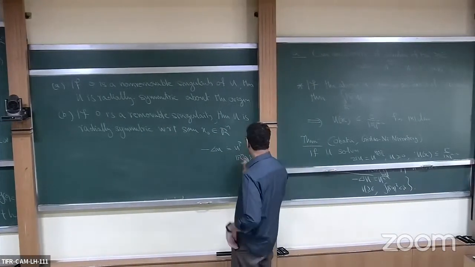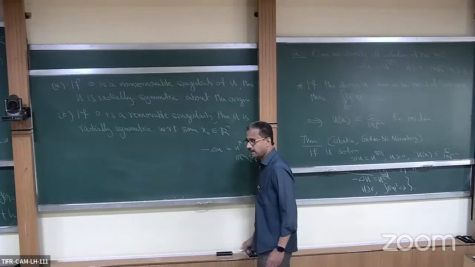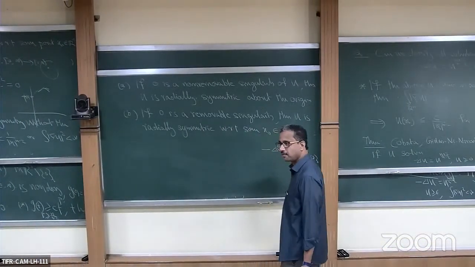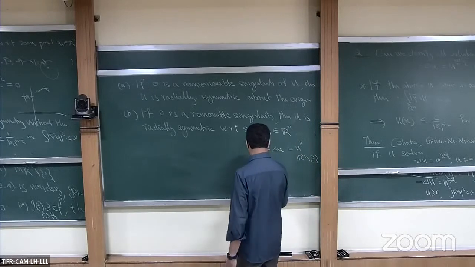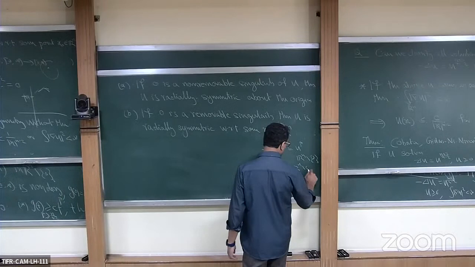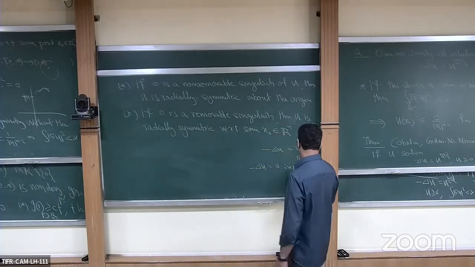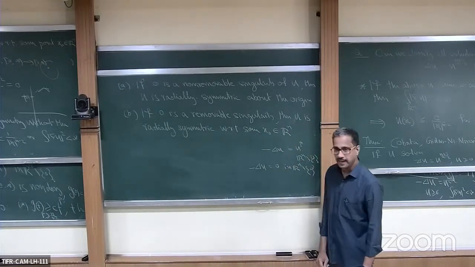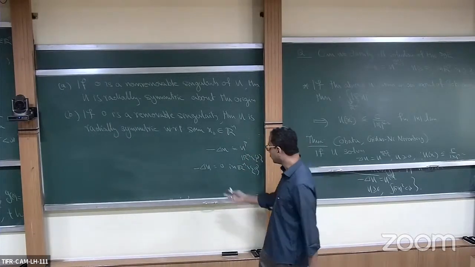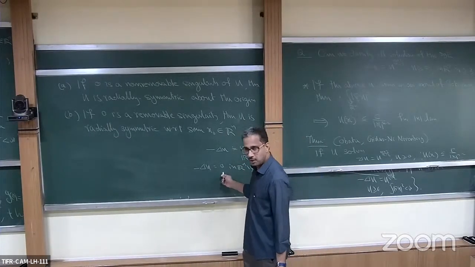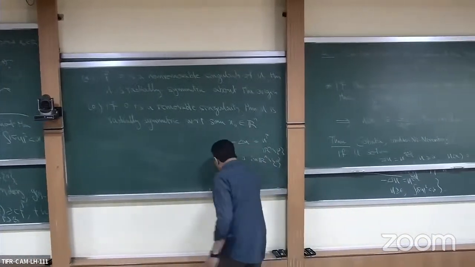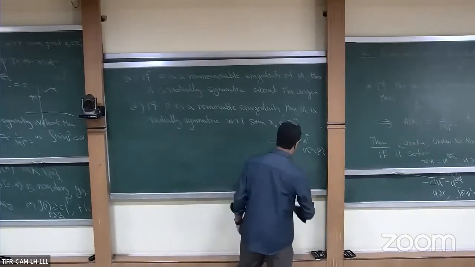So what happens when you include the origin? You cannot conclude anything in general. For example, you know the fundamental solution, which is harmonic, zero in R^n minus the origin, 1 by mod x to the n minus 2. But at the origin, can you do that same thing? No. So what the difference is here is that in these two cases,